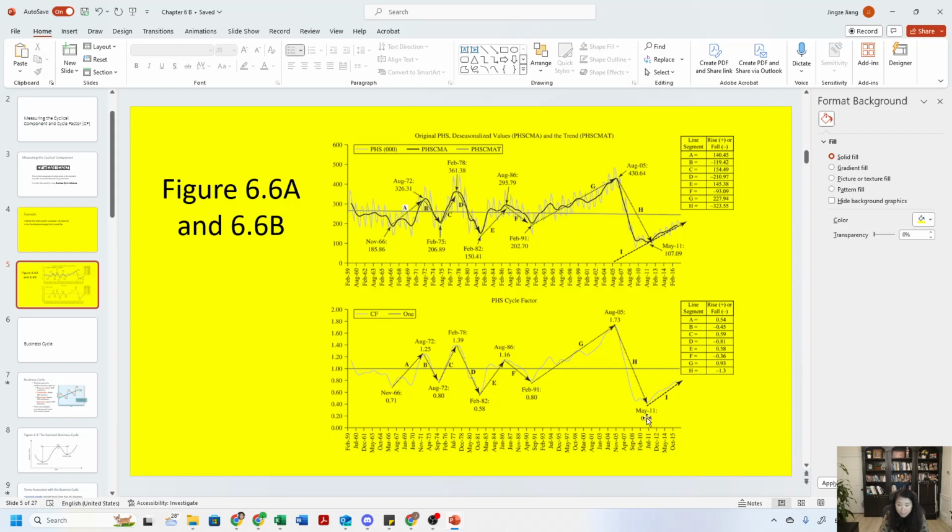If you look at the bottom, what I'm plotting here is my cycle factor. The cycle factor goes up and down like a wave. It is literally talking about the business cycle. At this point, you just see it going up and down, but how can we interpret this result? That's what we will talk about in the next lecture video: what is a business cycle and what is it